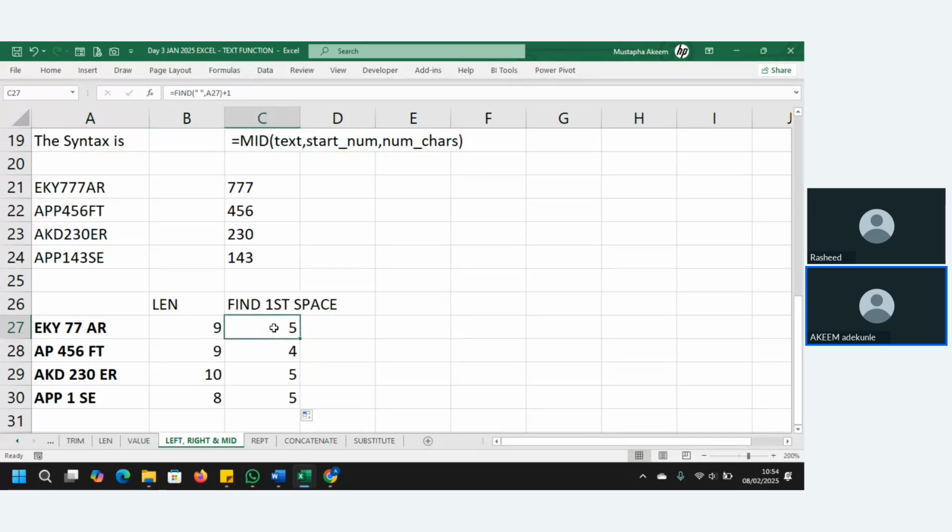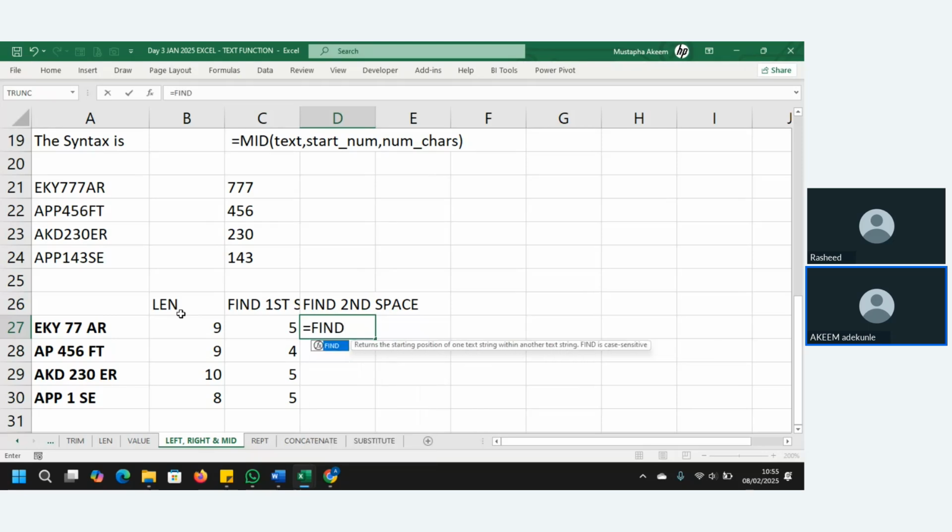This is going to be our first space, and then the last one would be what? We need to know where we're going to end, how many numbers we need. So let's find the second space. Equals to find. You can also use search. You have find, you have search. You do the same thing, except that find is case sensitive. So find space again, comma, within this text,